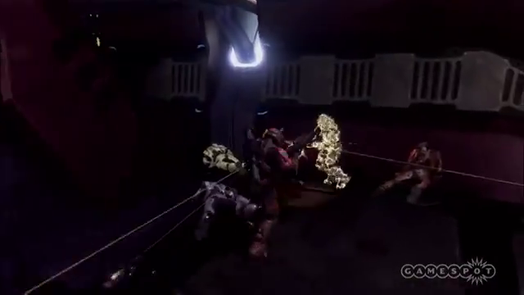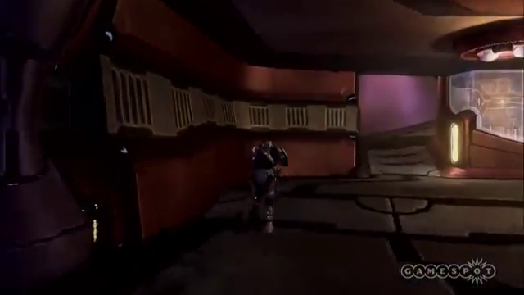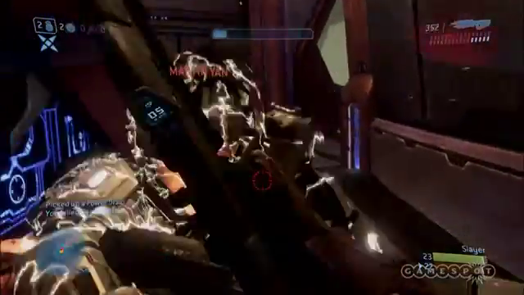The circular layout and small size make Assembly a great choice for frantic Slayer matches, as well as hotly contested oddball and capture the flag contests. It looks and feels similar to Midship, the enclosed Covenant arena from Halo 2, and plays a bit like the multi-level madness of Warlock, another Halo 2 map, but you'll surely find that Assembly cranks out its own special brand